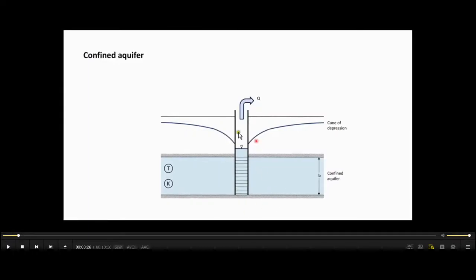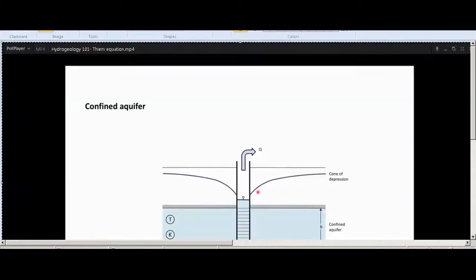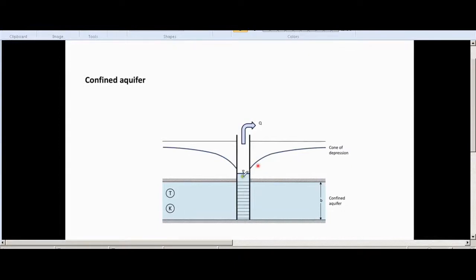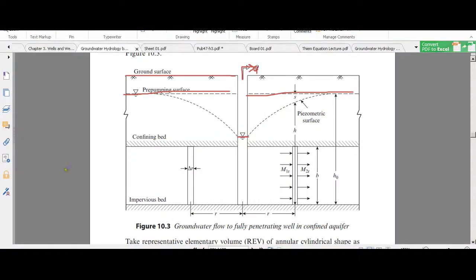Now here you can consider, just focus, you can see simply the end point of the well, right? Now this is the water level inside the well, and this is the end point of that cone of depression or that curve. Now certain cases are there, they have sketched in such a way that the ending point of this curve doesn't coincide with the water level inside the well. So just don't consider that, just ignore that. Just go for the very general case like this, okay? That is the easiest way.